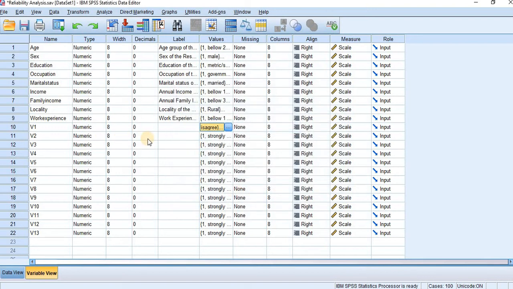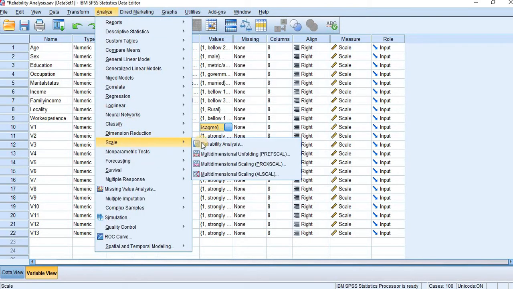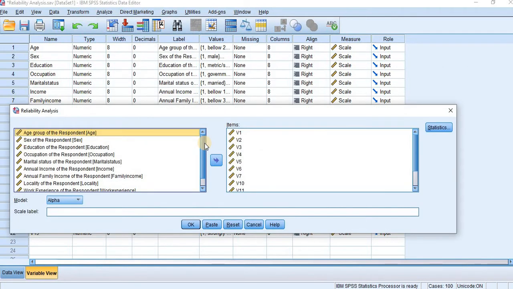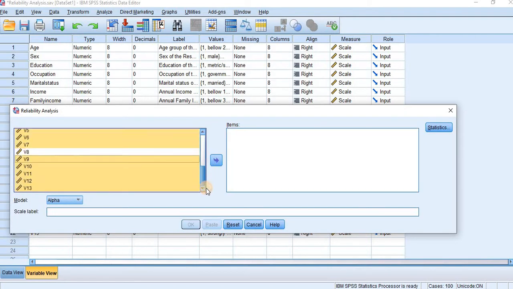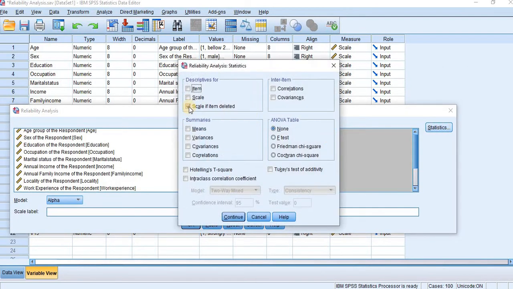Now let us check the reliability of these variables, then we can use them for further analysis. First, go to Analyze, Scale, Reliability Analysis, select all the variables, and in Statistics tick Scale if item deleted.